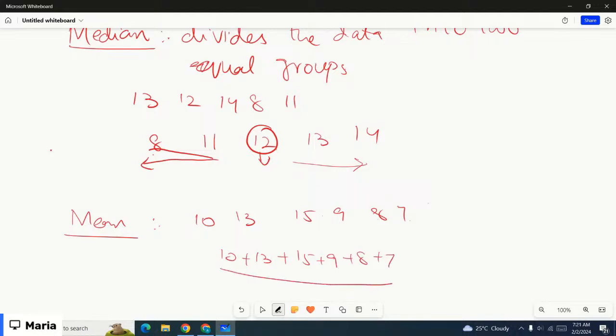You have to add them all and divide by 6, right? Let me just add them. 10 plus 13 plus 15 plus 9 plus 8 plus 7. Sum of all the numbers is 62. You have to divide it by 6. The mean is the sum of all the numbers divided by the number of values, right? So you have to add them all. They are 6 in number, divide them by 6. That is,